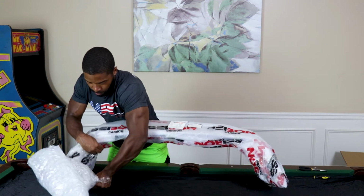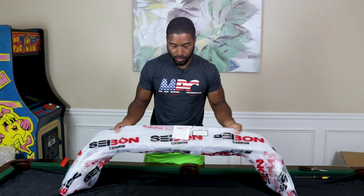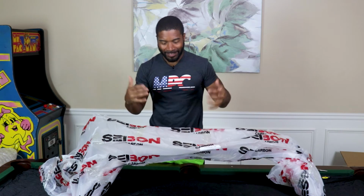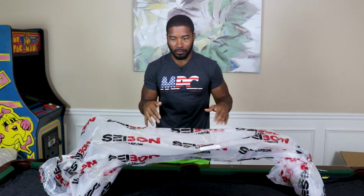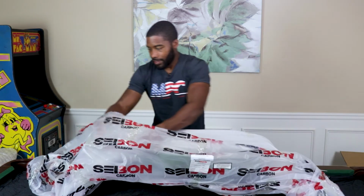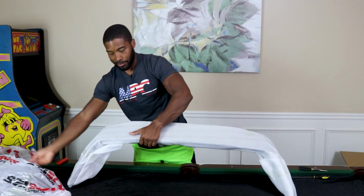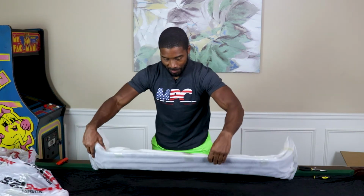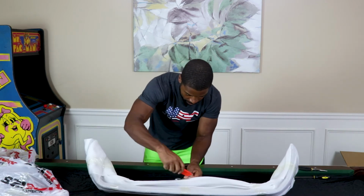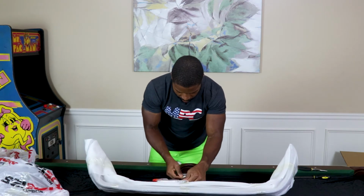That looks cool. That looks cool. It's like layers. You're just so excited to get to it, but you got to be careful. There's a few layers here. I would have preferred they put more cushion in the boxes. They did all these layers of wrapping, making me get through this thing. All right, so what do we have here? Be very careful because it looks like we have some type of hardware here. And I want to be sure I don't